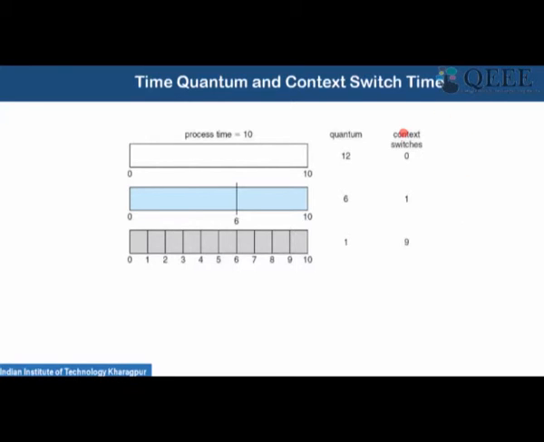As we have discussed earlier, a context switch has some overhead. Whenever you are doing a context switch, you have to store the state of the variables in a process control block and then restart another process. And for the new process, you have to load its process control block again. So context switch has significant overhead. There is basically a trade-off between your choice of time quantum and your choice of context switch.